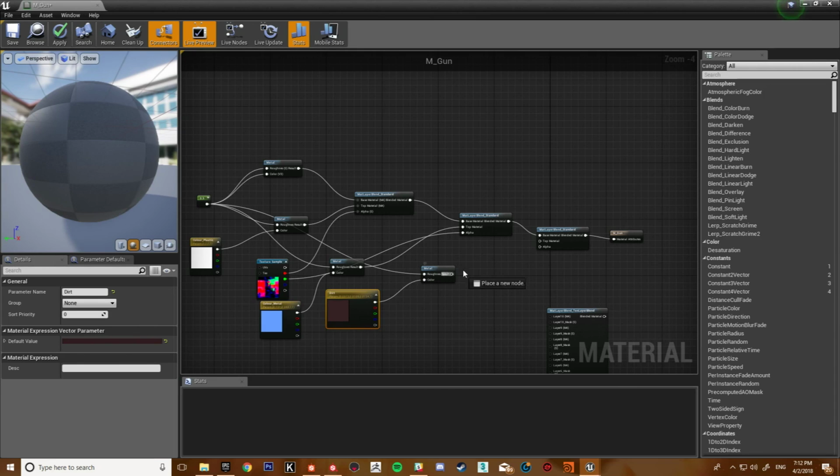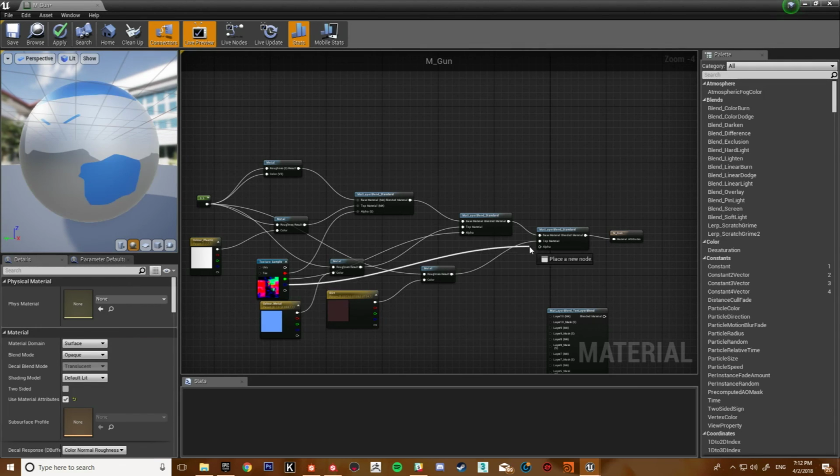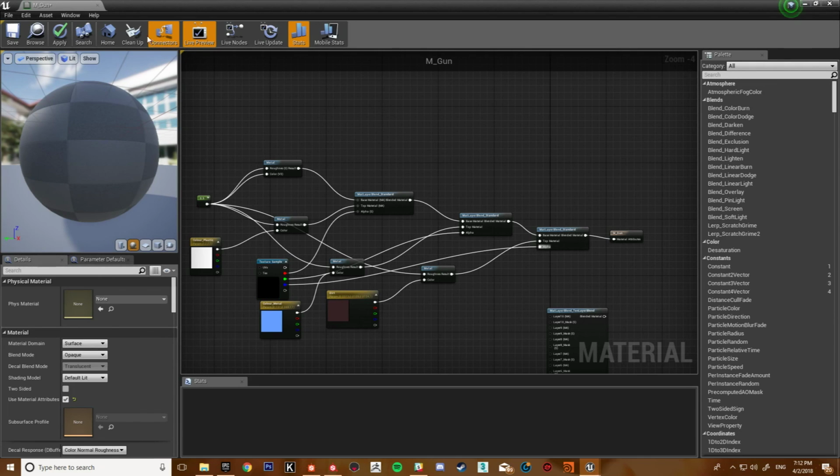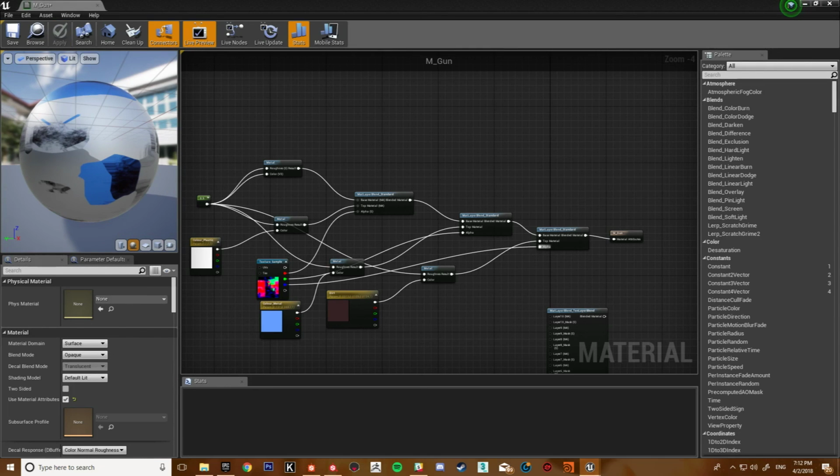I could put new roughness in there, but I'm not too bothered. And we want to separate that like that. So now we should have something that resembles our original weapon a little bit.